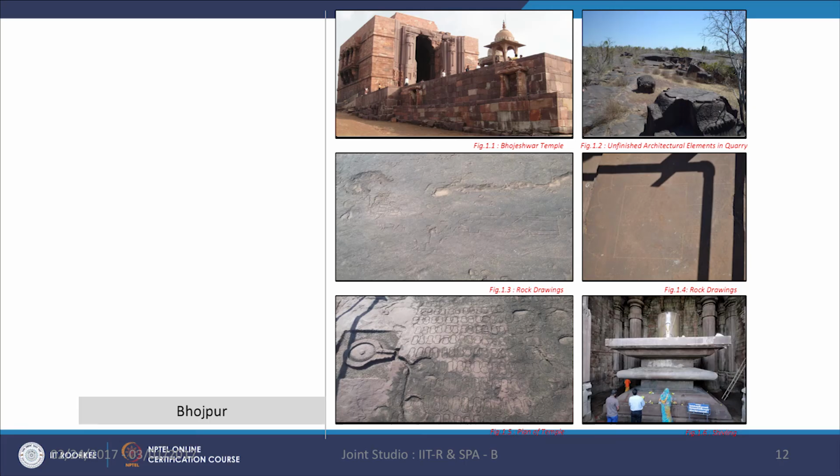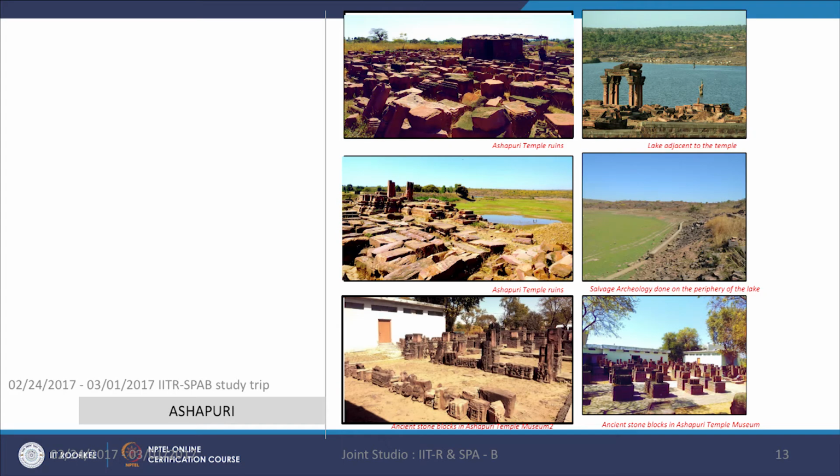So when we talk about Bhojpur, you can see even the rock drawings, how even the map of the temple was drawn there, and how to protect these, even the quarries, how they used to manufacture, and the sculptors, how they used to train here. So this is a monument. Here we are not talking just about a monument as only the heritage component, but we also have to talk about the larger site. The second component we have taken is Ashapuri, which is about 56 temples,